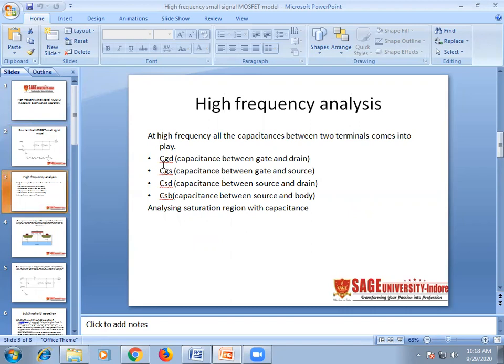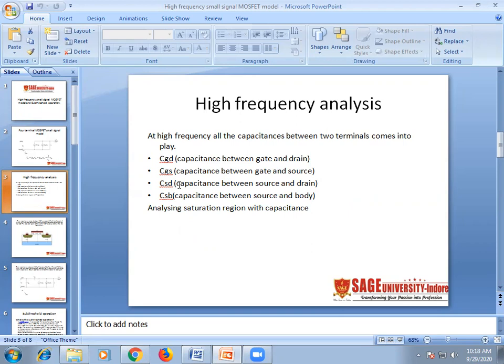The first capacitance is CGD, that is the capacitance offered by gate and drain. The capacitance offered by gate and source is shown by CGS. The capacitance offered by source and drain is shown by CSD, and the capacitance offered by source and body is